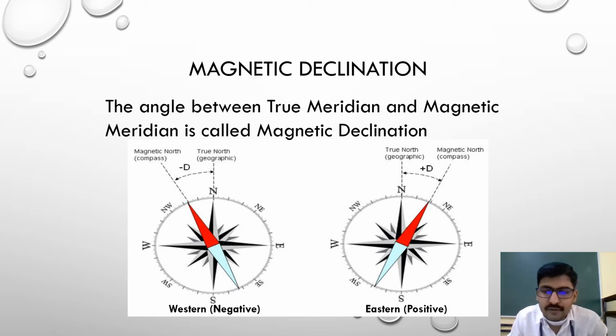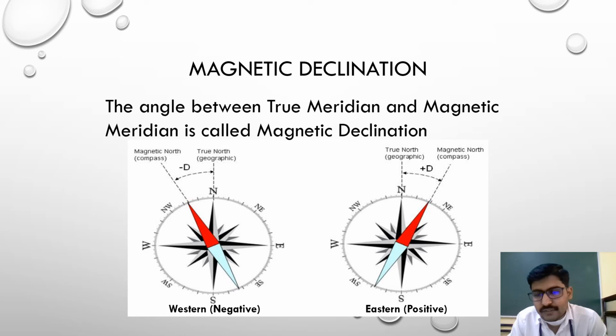If magnetic north is on the right side of the true north, then it is called eastern. It is towards the east, isn't it? The magnetic needle is slightly on the east side. If it is exactly on the north, then it is called zero declination, right? If it is bent towards the east, then it is eastern. Remember, magnetic declination is also an angle. You can say that it is an error, right? So an error in the meridians.